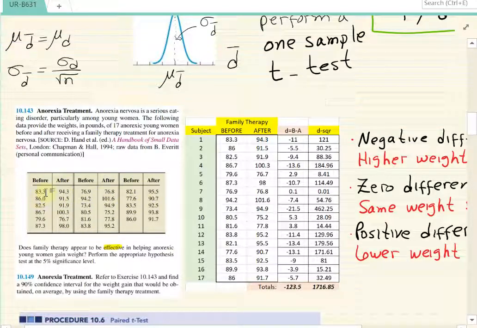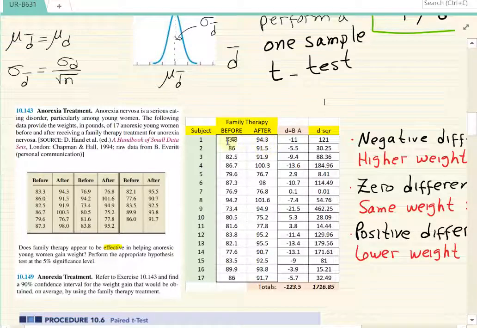Just looking at some of these, I have this also in Excel, in fact, right in here. I'm going to be typing these up. I already have them in Excel. I'll be taking them to Minitab, and we're going to run them in Minitab. But I just want to show you, the same set of scores are right in here. So these are the 17 subjects, their weights before, their weights after.